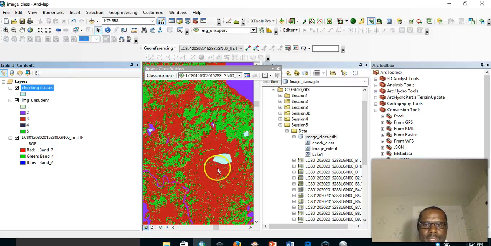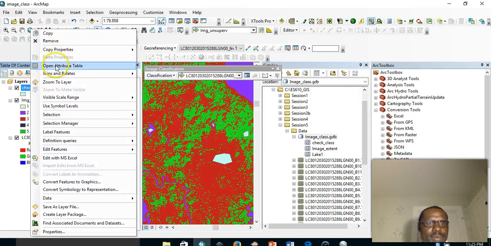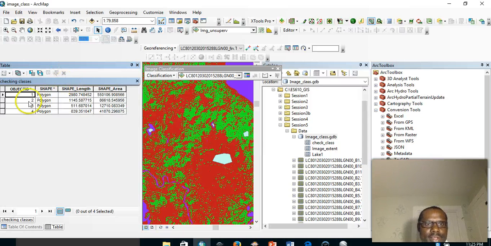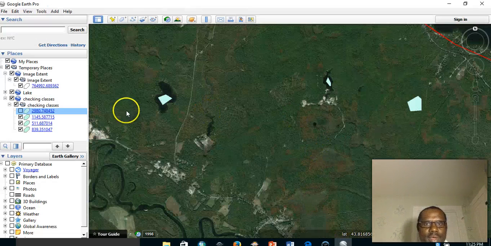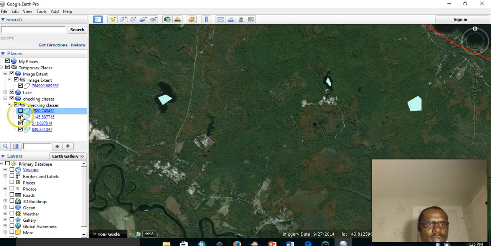So the big one was the red one. This red one. And if we go to the attribute table, we can clearly see that this big one was the red one. So on Google Earth, the big one is